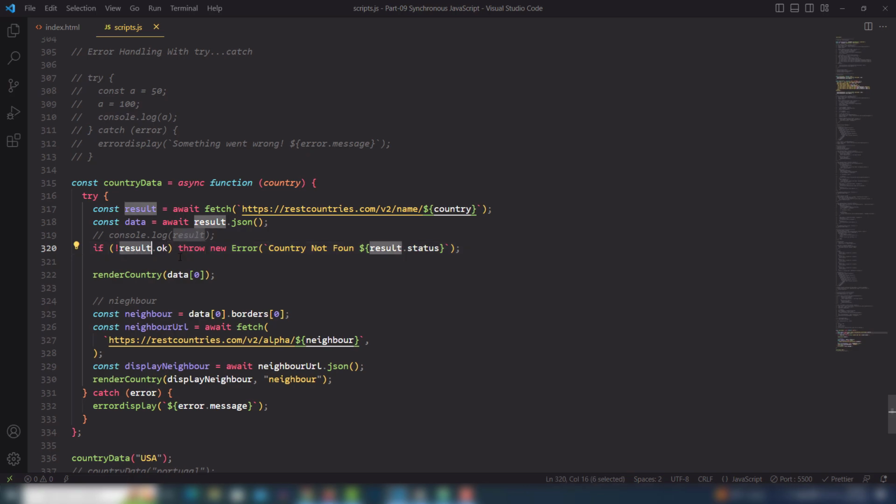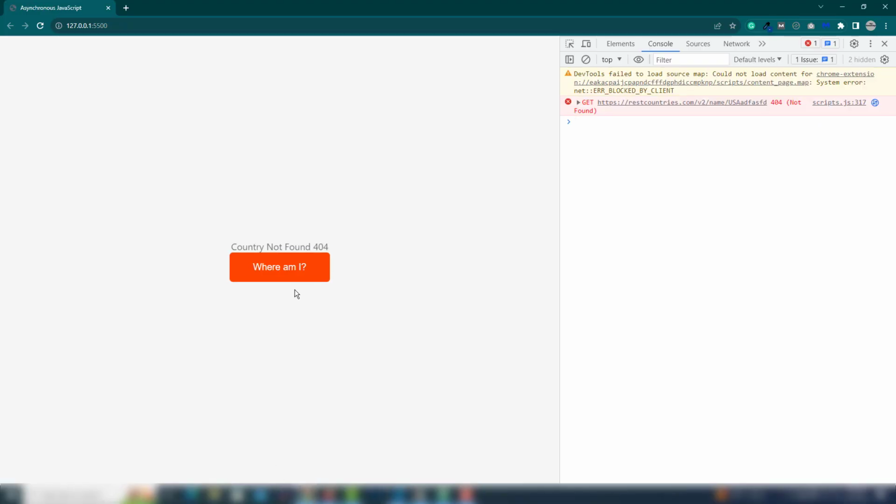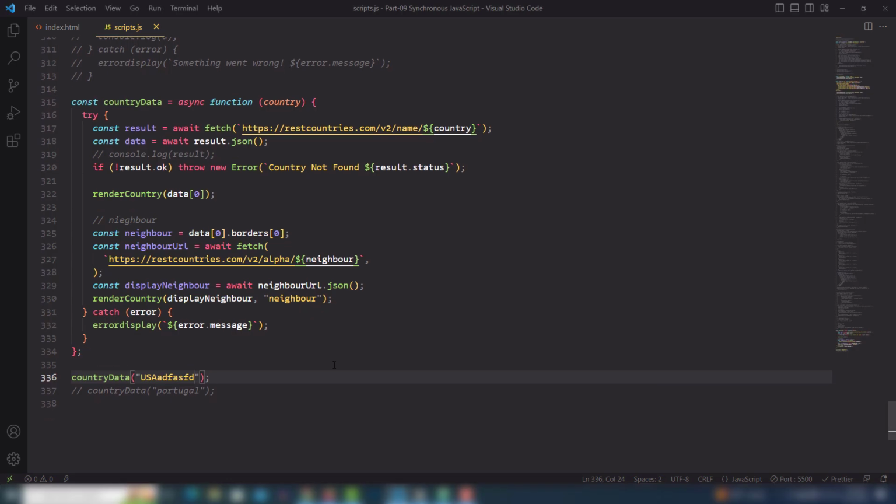This means if the result is not okay, it will display the error message country not found, and this message will be assigned to my catch block. In the catch block you will be able to see the error message appear inside my web page. So save, and I'm going to write something, save, and let's look at that. Country not found and error number 404 has appeared inside my web page. Perfect. Let's look at how we can add